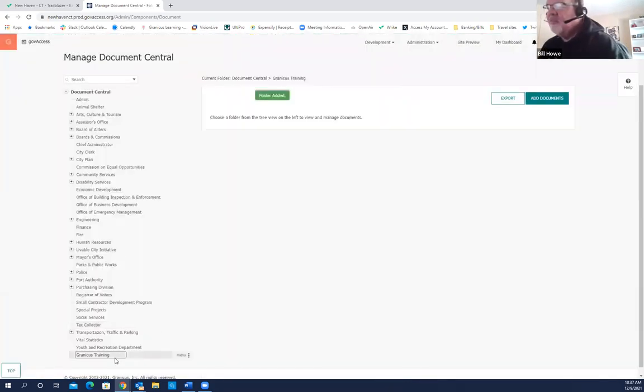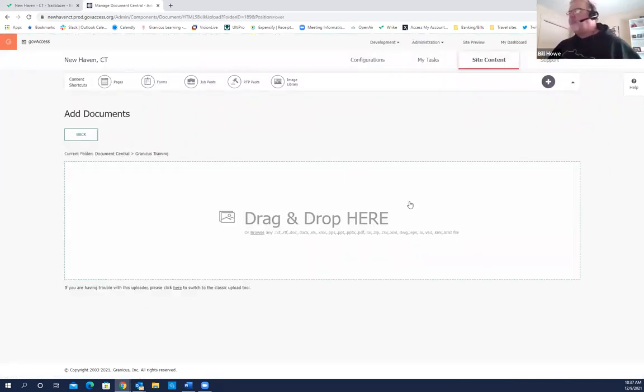Hit save. There's my new folder. Okay. Got nothing in it. So I go over here to the right to where it says add documents. Called the drag and drop box. I'll talk about what's also typed in here, but I want to talk a little bit about dragging and dropping